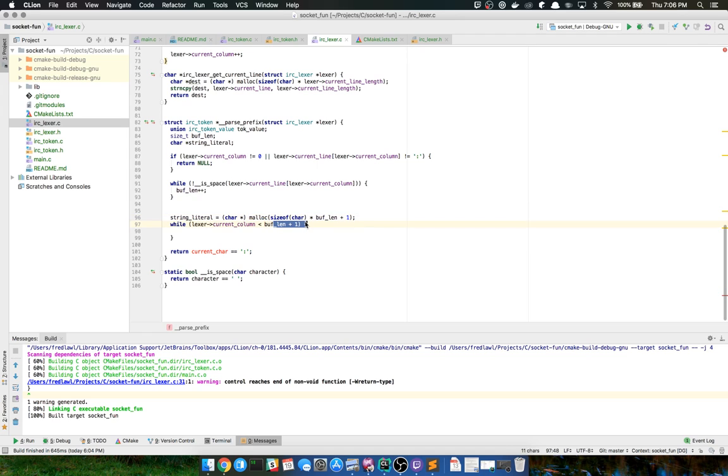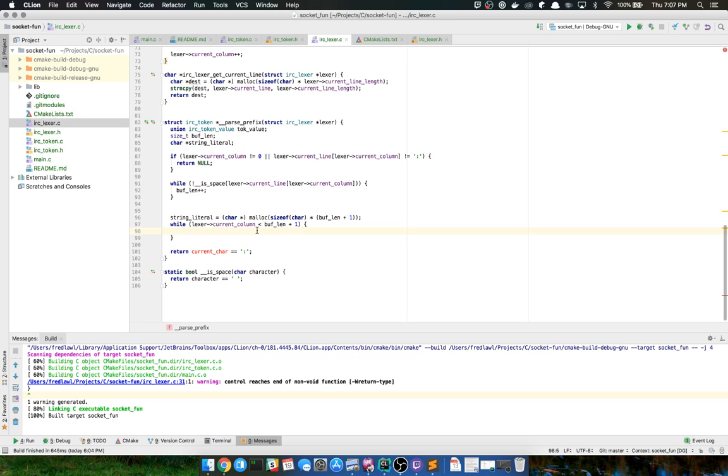So this will include the space, but this plus 1 will make that null terminating. So that +1 will be that null terminating character.